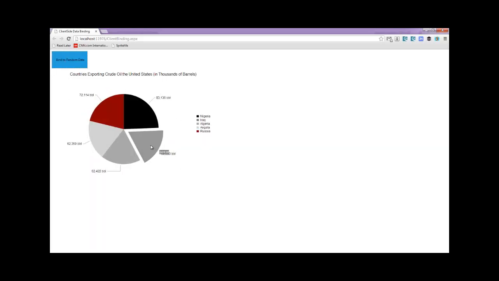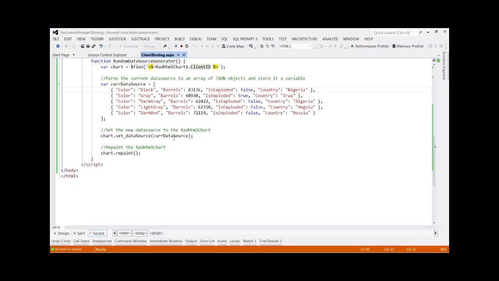Remember we talked about Iraq to be exploded. So this is Iraq. This particular pie represents Iraq, and note that the colors have been read from the data source that we gave. So this is as simple as it can get when it comes to client-side binding. All we did was